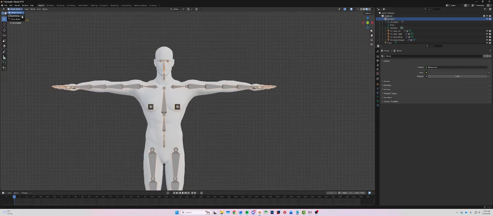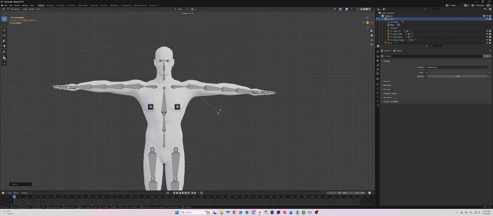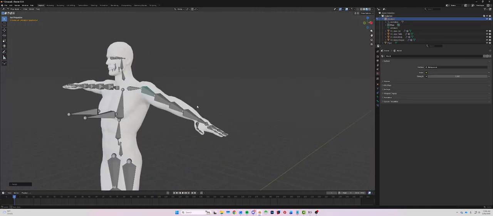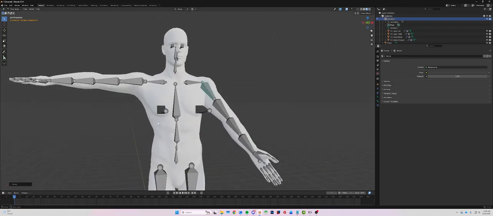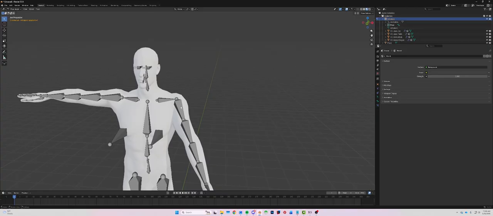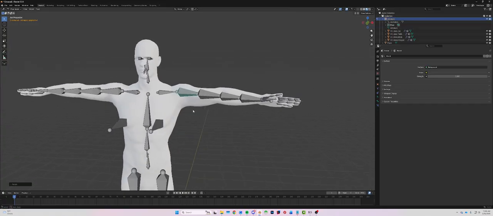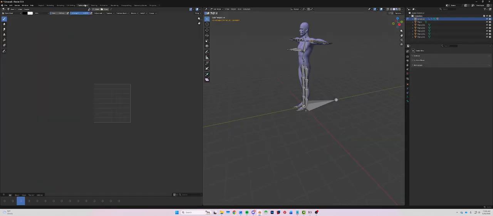If we go into pose mode for this rig and we select this bone right here and we move this bone, you see how the whole arm moves, and I can move it to a place and stop it. It doesn't really distort the model. It doesn't mess up the mesh. Maybe the armpit's a little smushed off, but then if I move it back up, it straightens itself back out. And the way it does that is through